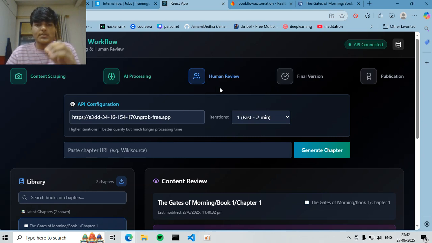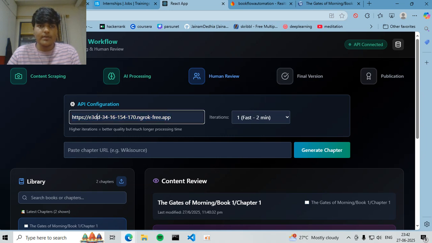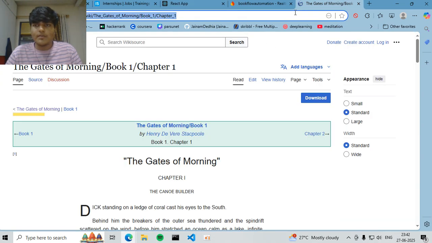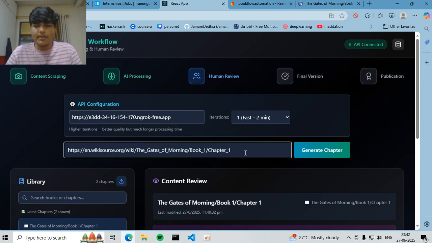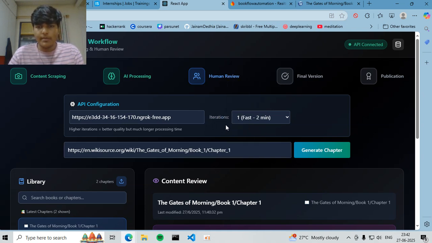So as you can see on the URL UI, this is the API of my server, of the Google Colab. Now if I take the URL of any chapter or book from anywhere and paste it here, it will generate a chapter based on that, and then if you click generate, then it will. There are two things mainly, considering that there are iterations like 1, 2, 3. So based on the iteration, the AI first,